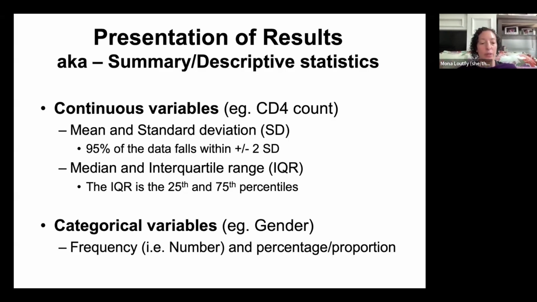So we report categorical variables with the actual number of the 10 that meet that category